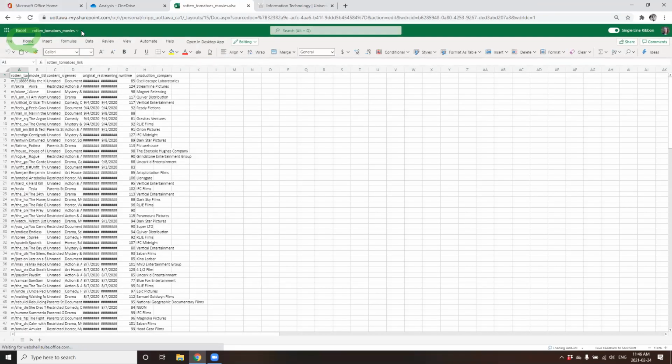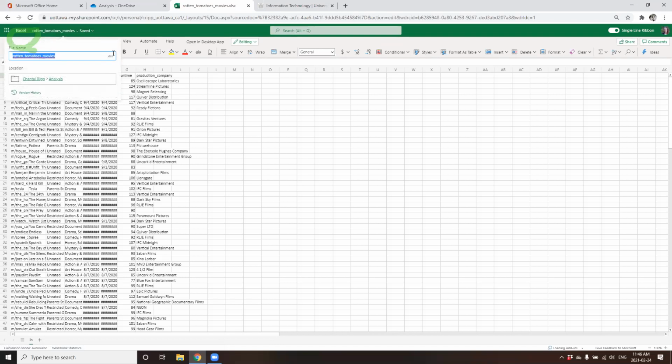So what that has done is I can see here under save, I am now working with an Excel file. I just wanted to note some of the features on our home page here as well. We have a lot of formatting tools within the home ribbon that you'll recognize, maybe if you're familiar with Word and other applications. A formula bar here, which we'll explore in further detail later when we start creating some formulas.